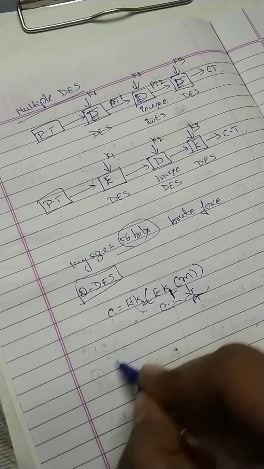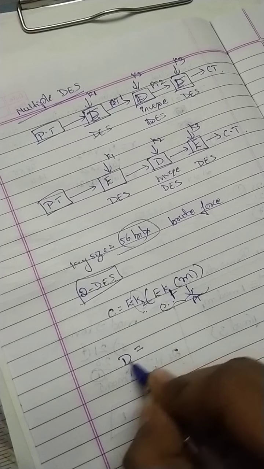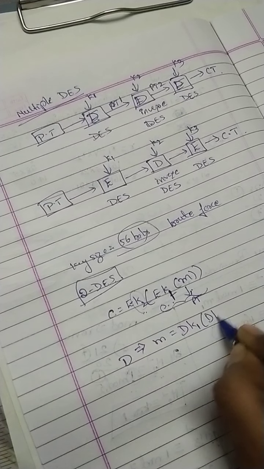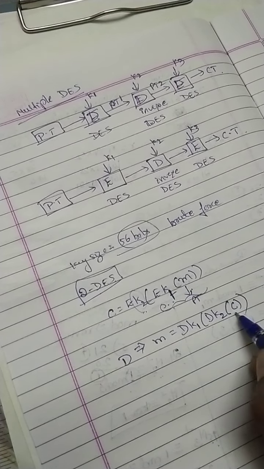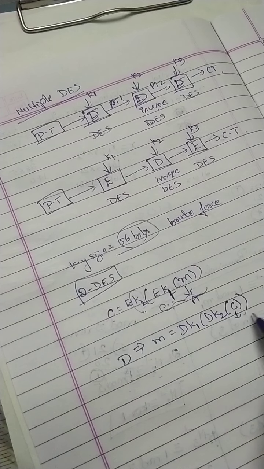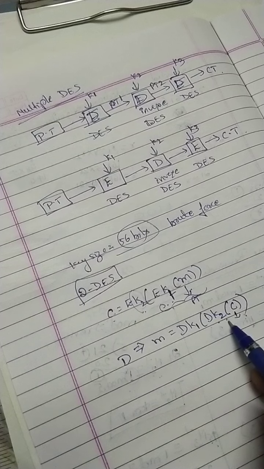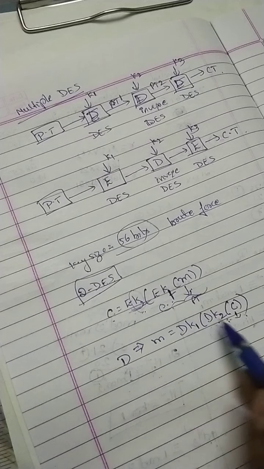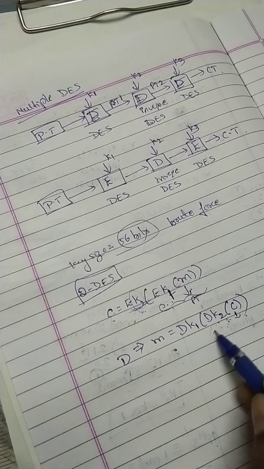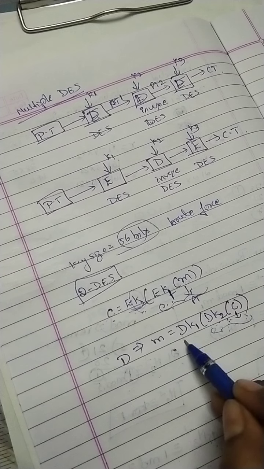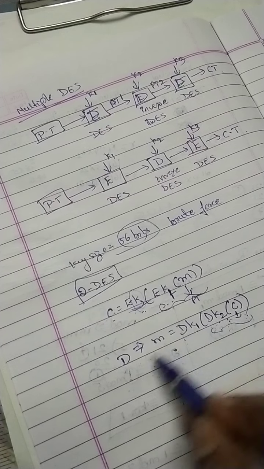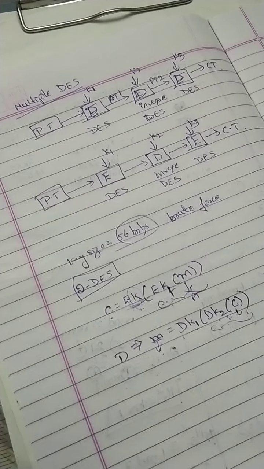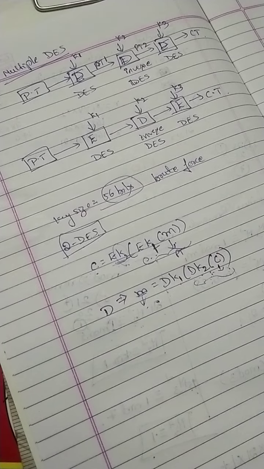Similarly, decryption gives us the message M, using decryption key 1, decryption key 2 and C. C is our ciphertext. First we have to use decryption key 2 because it was our last operation. We have to do it in reverse order, so we apply this first and decrypt the message. Then on this result we apply decryption key 1, and we get our original plain text message. This is the concept of the 2DES or double DES algorithm.